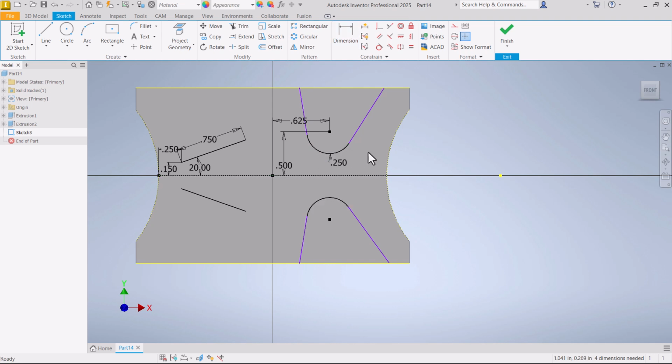Now that arc turns black, but something important to consider about constraints is that just because the entity has turned black, it does not mean that its endpoints are fully constrained. So what can I do here? Let's apply a symmetric constraint to these two lines and those two lines. And now,